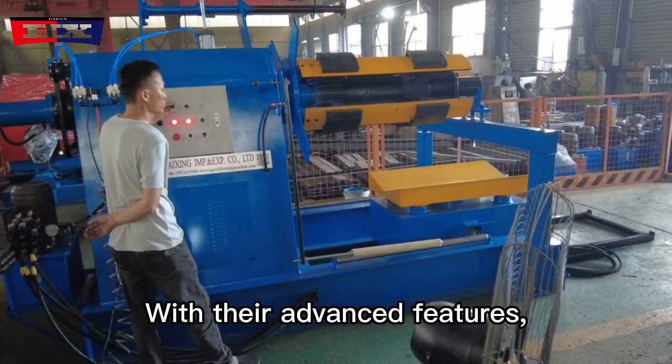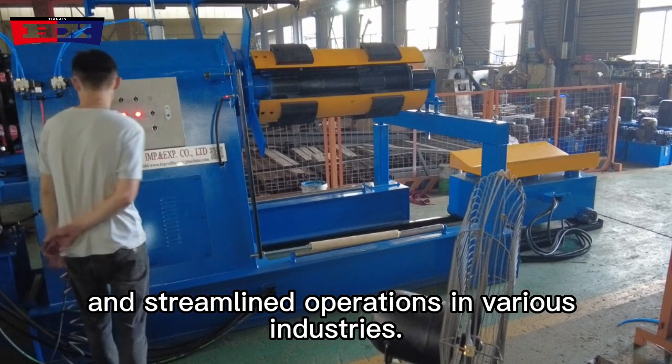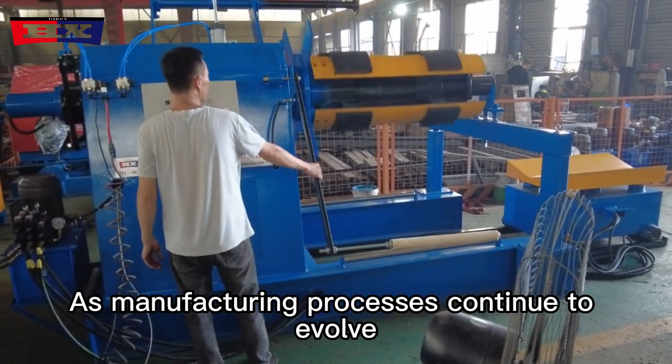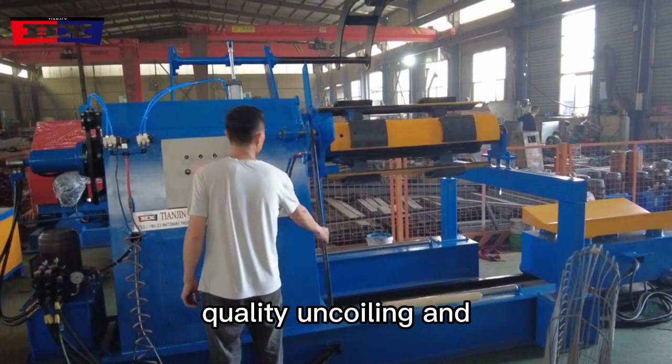With their advanced features, these machines contribute to improved productivity, reduced material waste, and streamlined operations in various industries. As manufacturing processes continue to evolve, hydraulic decoiler machines will remain indispensable tools for achieving high-quality uncoiling and optimal material